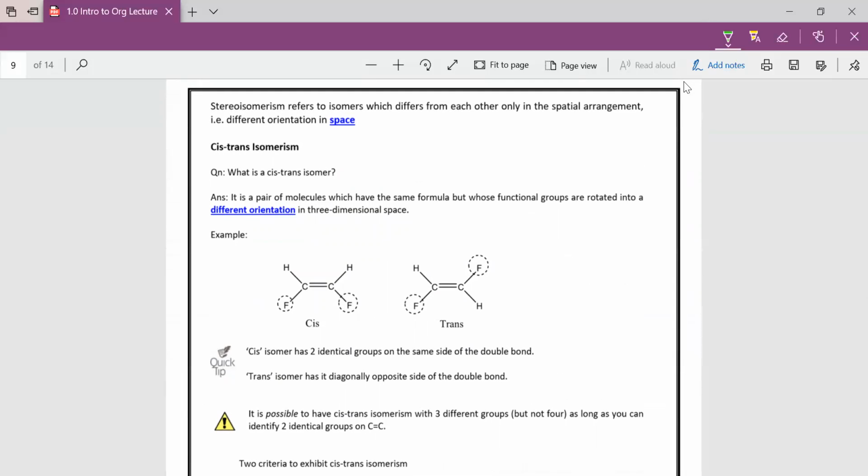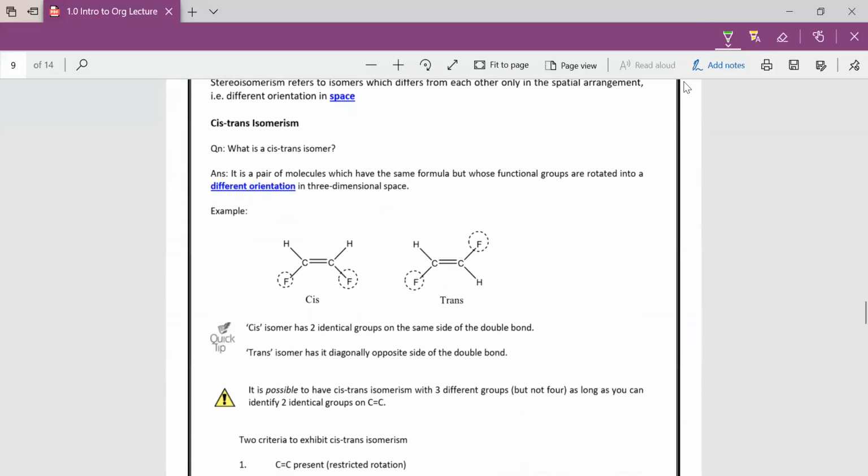What exactly is cis trans isomerism? Cis trans isomerism only occurs if you have a CC double bond, and then you have different ways of arranging. For example,